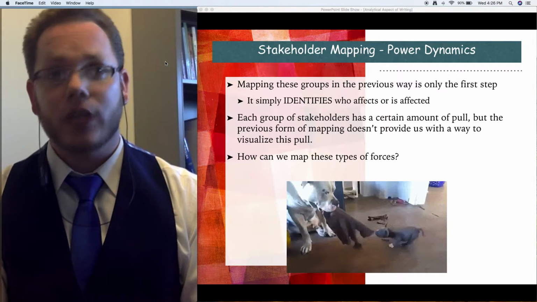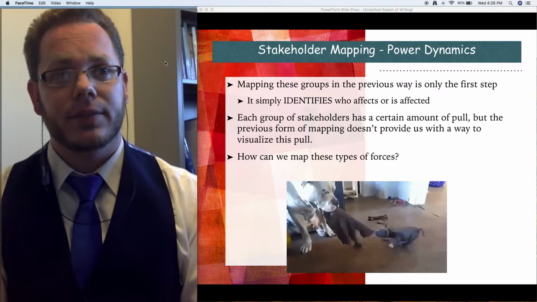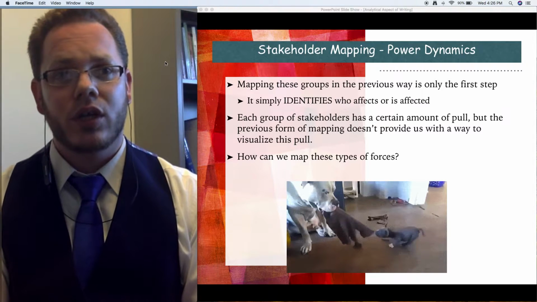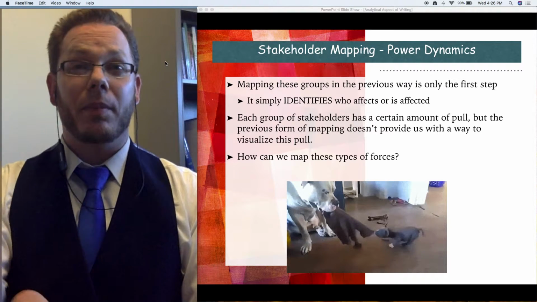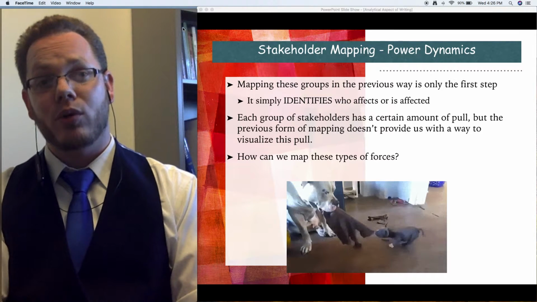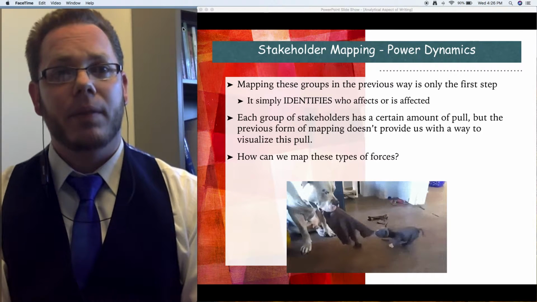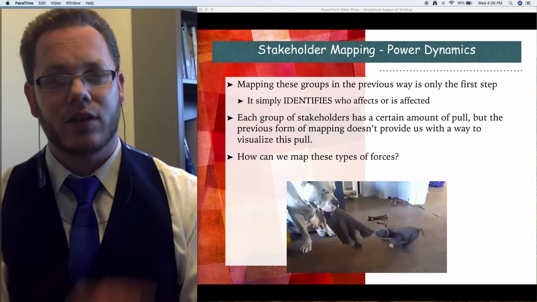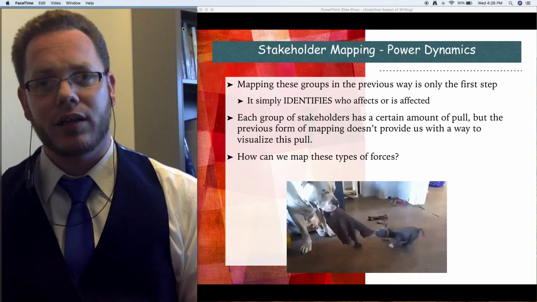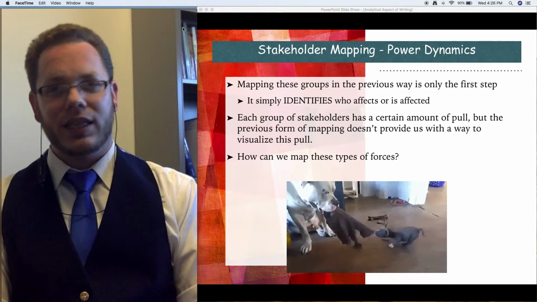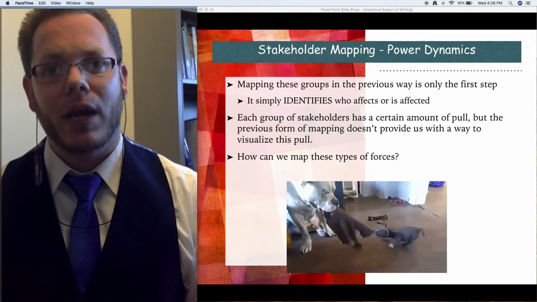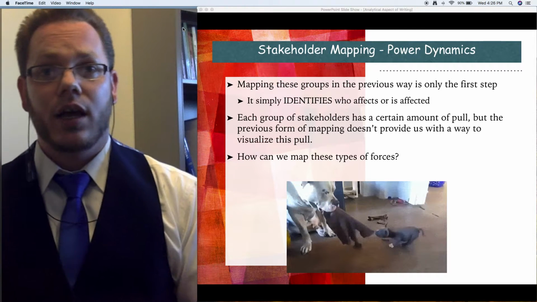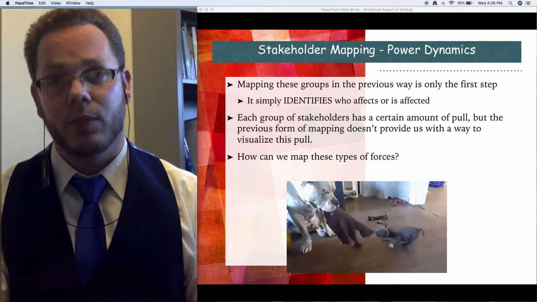So the challenge with that is that each group of stakeholders, if it all looks the same, it might look like they all have the same amount of pull, the same amount of power. But the basic mind bubbling map doesn't give us a way to really think about what the balance of power is. And if you want a fancy word for power dynamics, we'll talk about it more with the sociocultural,